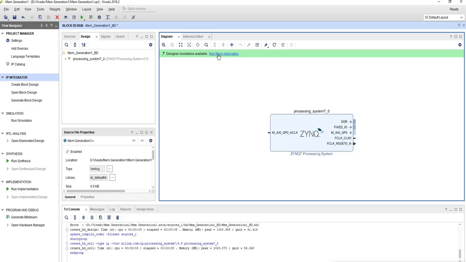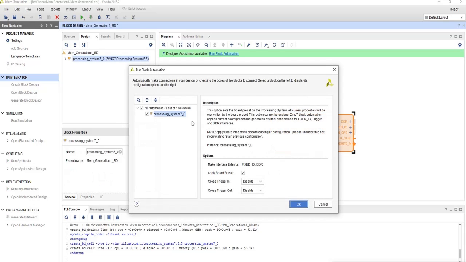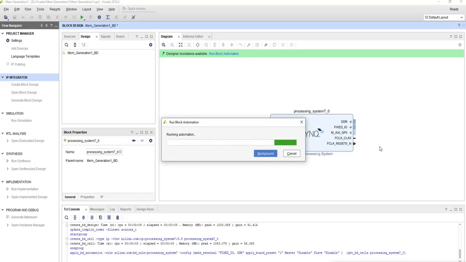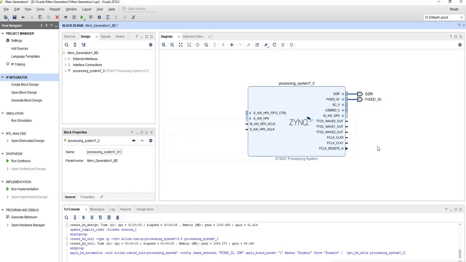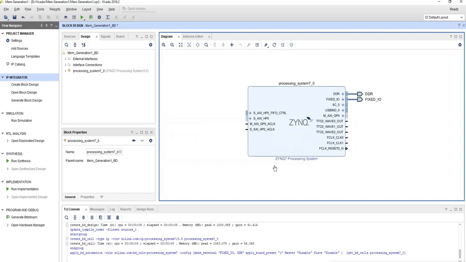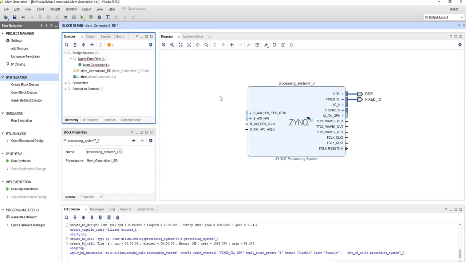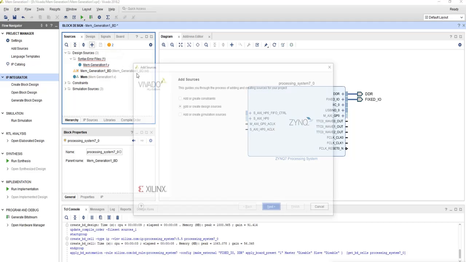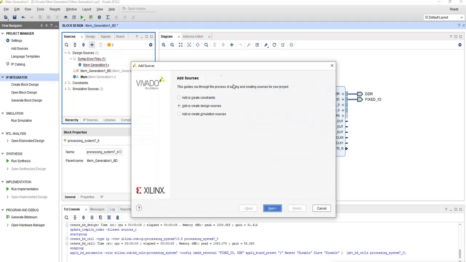Then click on run block automation, so it will load the default setup, basically the default configuration of your Zynq system. Then go to sources, click on add. So here we'll add a memory file.